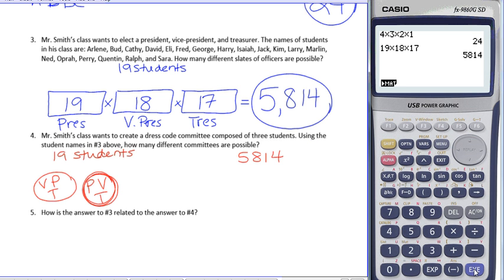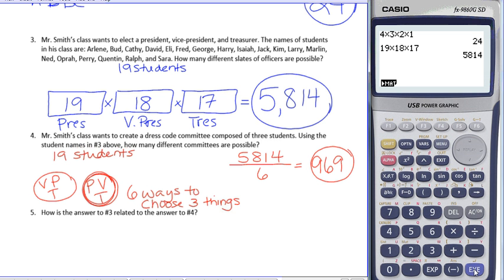So the question is, if I've got 3 people on a committee, how many different ways could I have done that? Well, how many ways can I make a group of 3? I think I already did that up above. There are 6 ways to make a group of 3. So within these 5,814 choices, 6 of them are going to be identical. And that's like I did up before, ABC versus ACB. So I'm going to divide my 5,814 by 6,